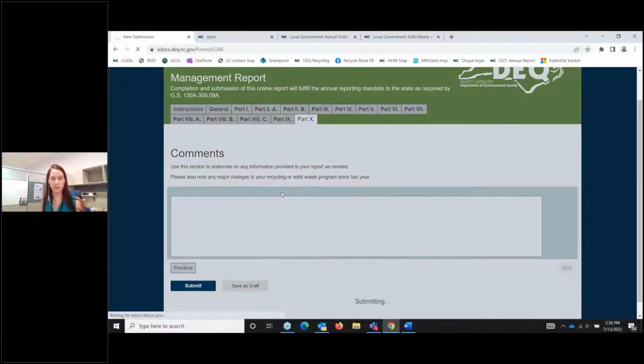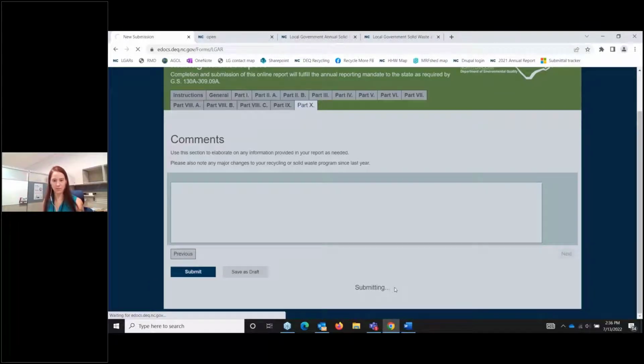When you do, it will process for just a minute, but then your report will be automatically sent to us and you'll receive an email confirmation that gives you the option to download or print your report. And once it finishes thinking about it, I can show you how that looks. But once you do have the option to download or print that report, that's how you can save a copy